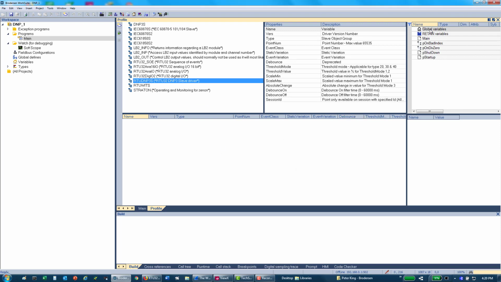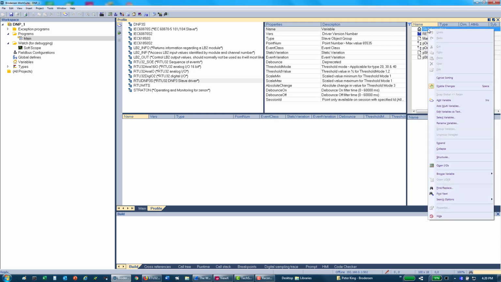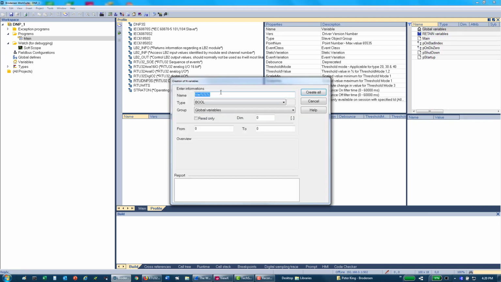So what we'll do first is just create a few variables. We can right click on the variables heading. We can add multiple variables. I'm just going to make a few binary input variables by entering